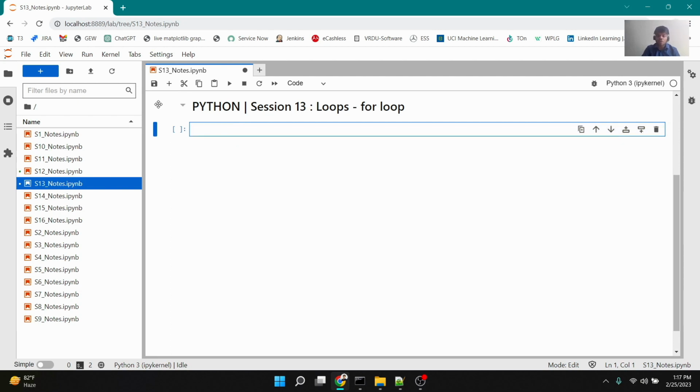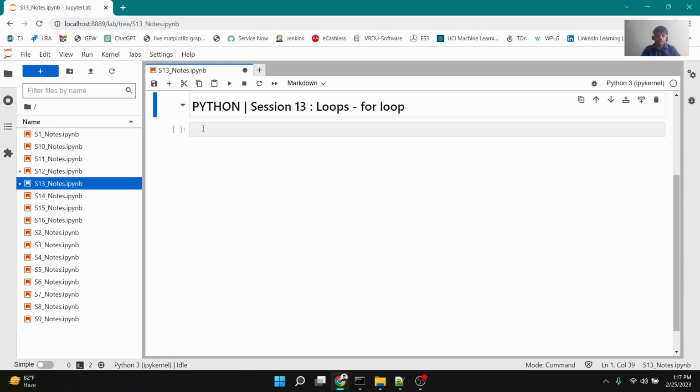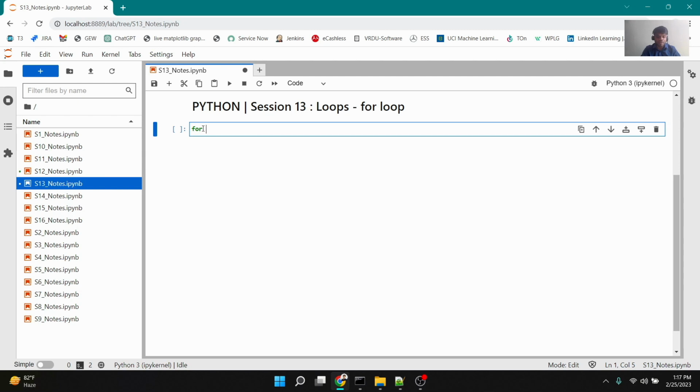But when it comes to the for loop, we write the keyword for, and then: for element in sequence. Then we have the body. Try to read it just like English: for element in sequence. That means